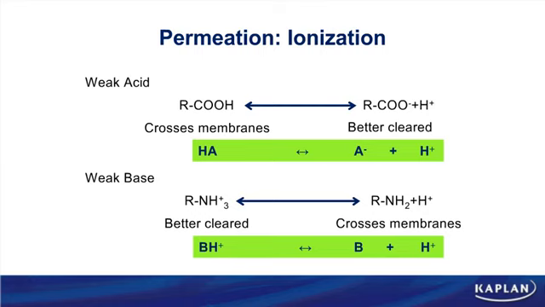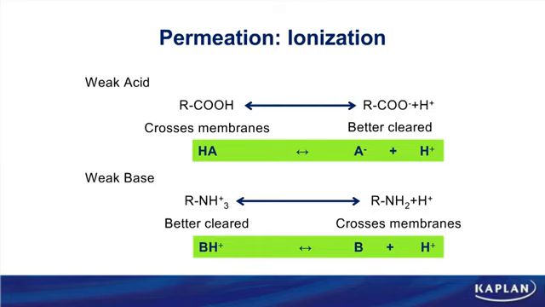You could also write that as B, simply the letter B for base, again with the hydrogen removed. Now you have to write these in the order as they're written. On the left side, you have to write the drug with a hydrogen attached to it. And on the right side of the diagram, you have to write it with the hydrogen being removed. This is very critical to your understanding of this concept, because I want you to think about this, that if